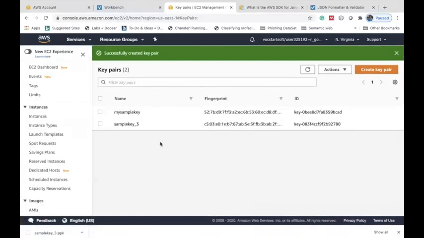This step will create a key pair and download it to your local system. Currently this key pair is in my downloads. I want to copy this key pair to my desktop so that my Node.js program is allowed to access it.